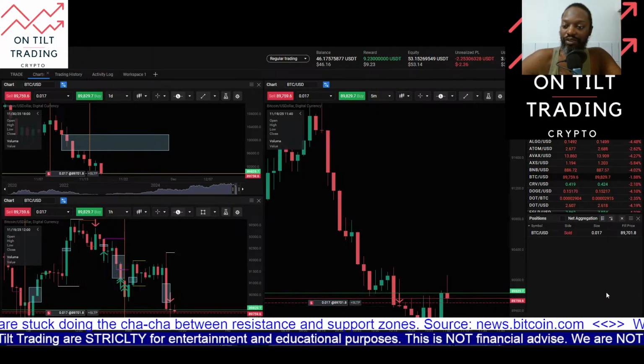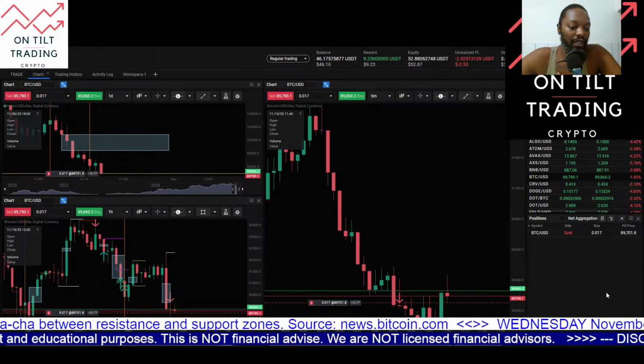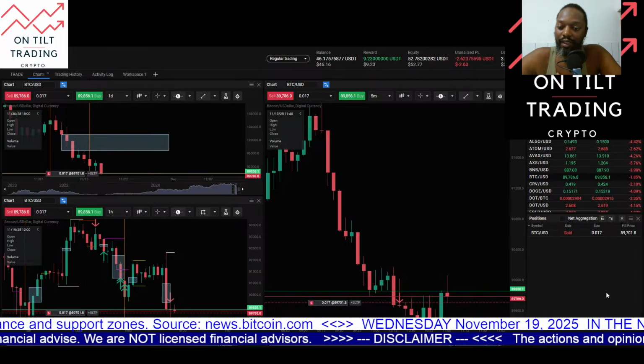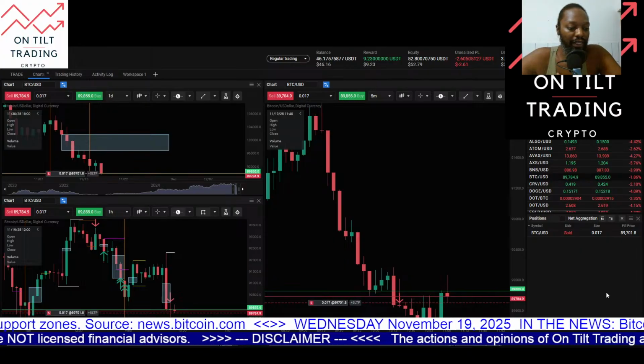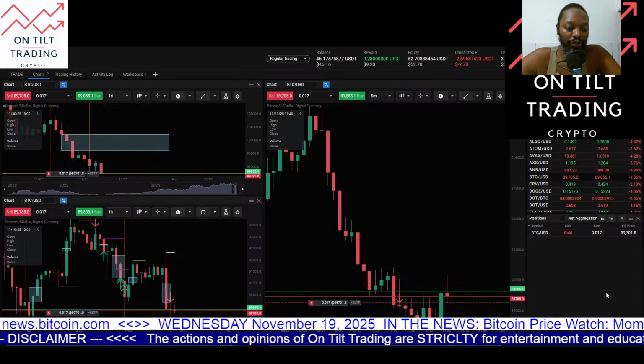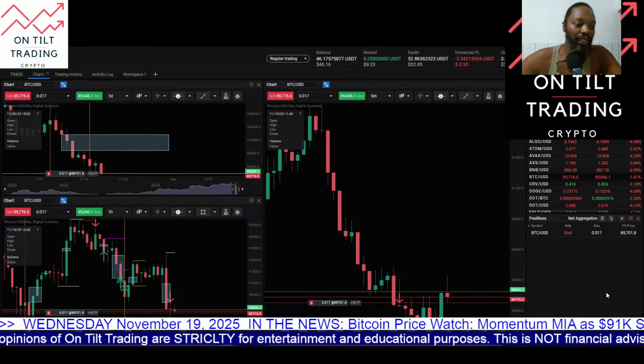So out of this position, out of the 0.017, I'd likely take 0.007 off at that level, and then let the remainder carry potentially to profit target or to lower levels,